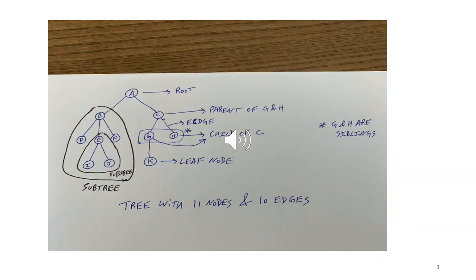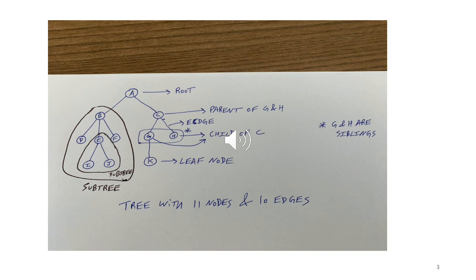Right. So now I am on slide number 3, and this slide shows a picture of a binary tree, and we'll be using this to talk about some of the major definitions with regards to a binary tree. As you can see in this picture, a tree with 11 nodes and 10 edges. Each node has been labeled using a character: A, B, C, D, E, F, G, H, I, J, K.